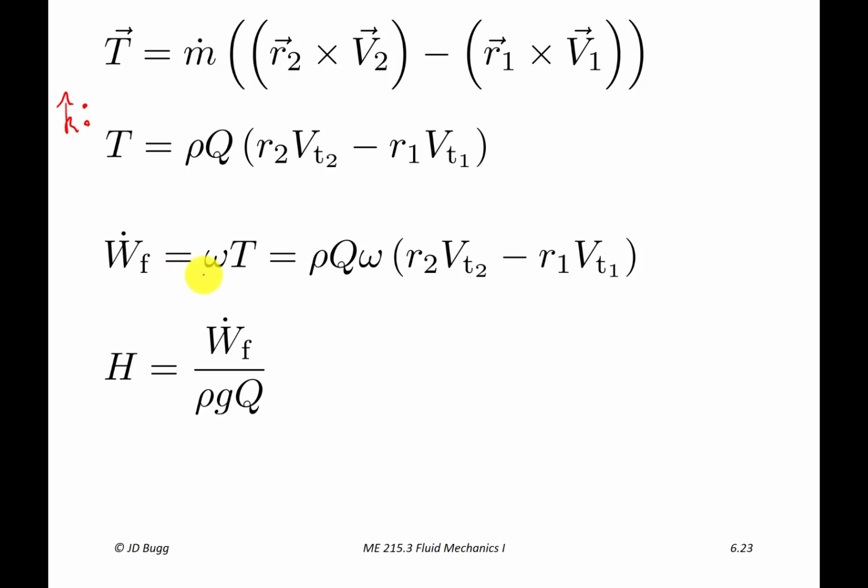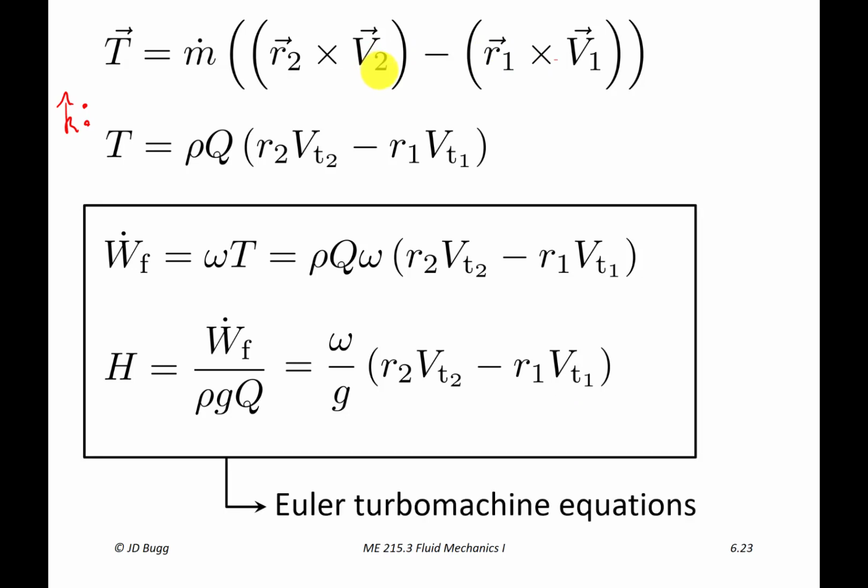So we have an expression for water horsepower here. So we take this, divide by rho g Q, and we'll get the head produced by this pump. So it'll be omega over g, and then the same quantity inside representing the r cross V terms. So these last two equations are very significant. These are called Euler's turbomachine equations. And the basic thing they do is they give us the power consumption of this machine and the head produced by this machine